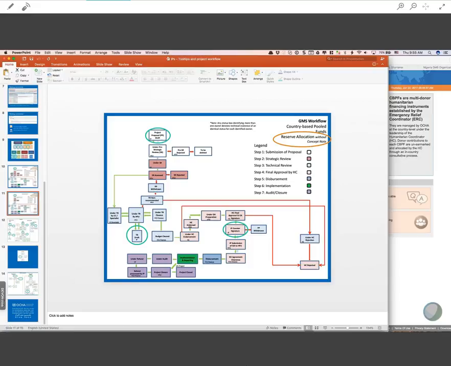Okay, question from Silva. How long does this process take in total? I mean, the whole project proposal processing before being funded. This is if passed. Yeah, so the timelines are given